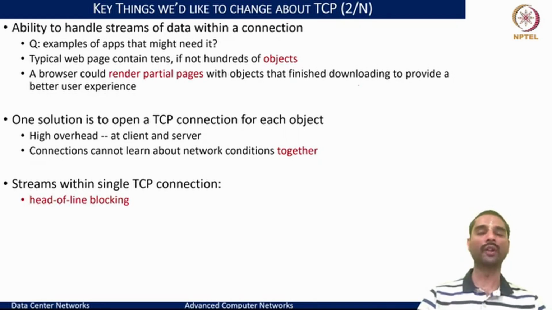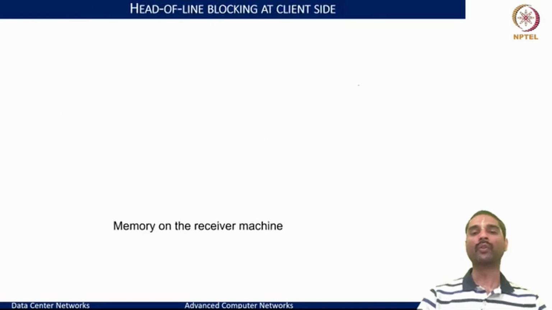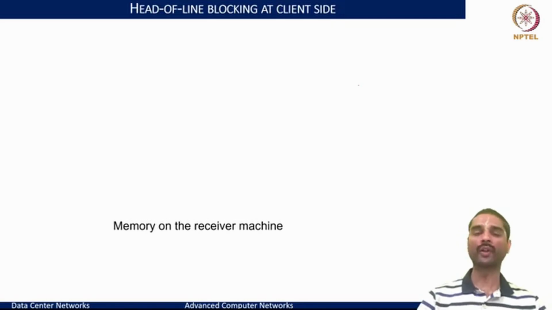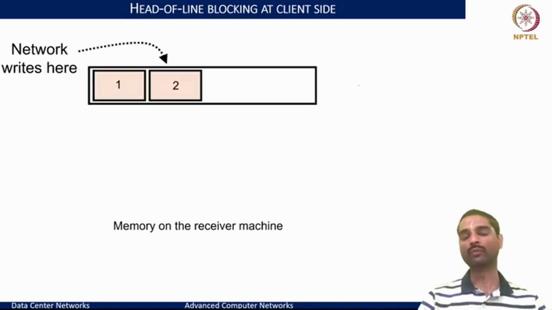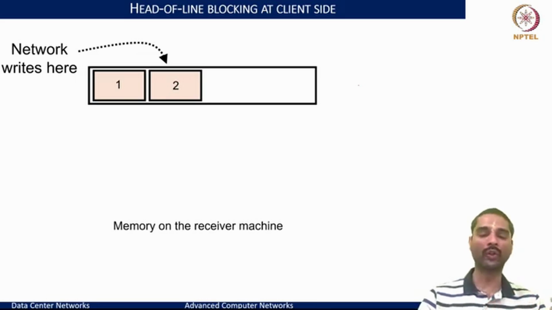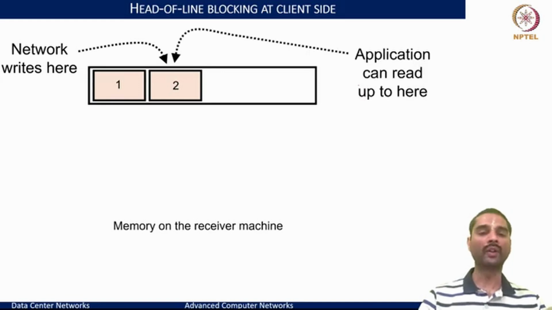But this introduced another critical aspect of what we call head-of-the-line blocking. This again is a characteristic of TCP that we need to understand, and where the problems could lie. So if we look into head-of-the-line blocking, let's consider a very simple page that has two different kinds of objects that we want to download. From the server side, it may put the contents of one type and the contents of the other type of object both in the same TCP connection. And what that means is the network may write first packet 1 and packet 2, which belong to a particular object, and then try to write other data.